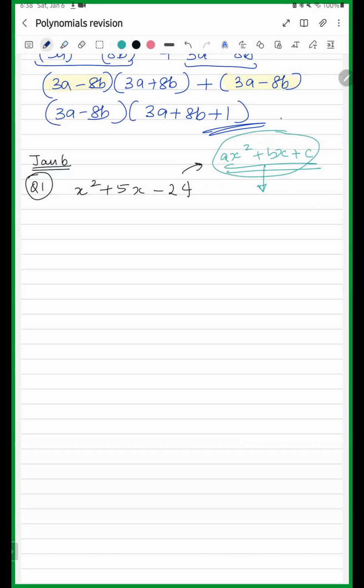So now what is the method of doing this? The method is, let's say over here, what is the coefficient of x square? It is 1, right? So we have to take a and c, meaning the coefficient of x square and the constant term, and multiply them together, ac. Okay, so what is the product ac? Over here it is 1 multiplied by negative 24, which is negative 24. So you take that number, negative 24,